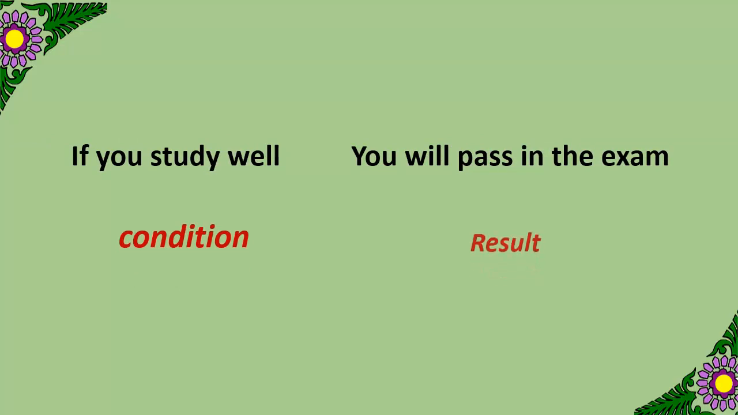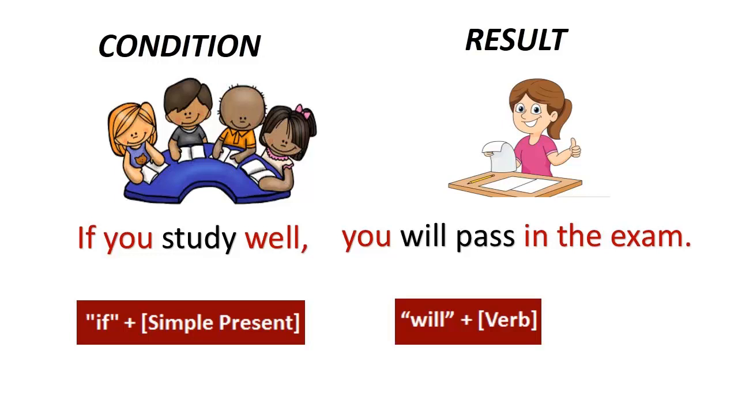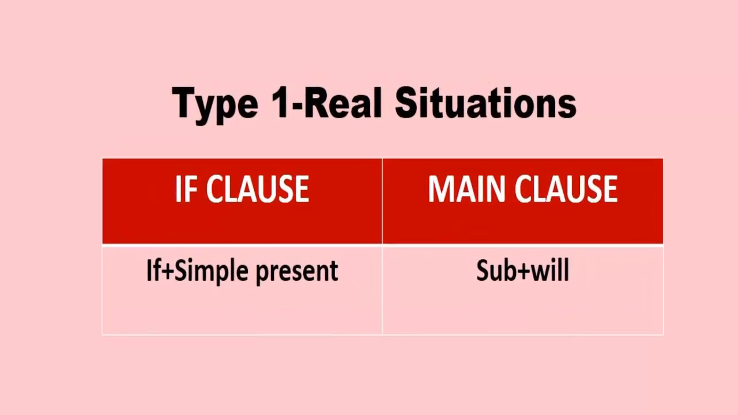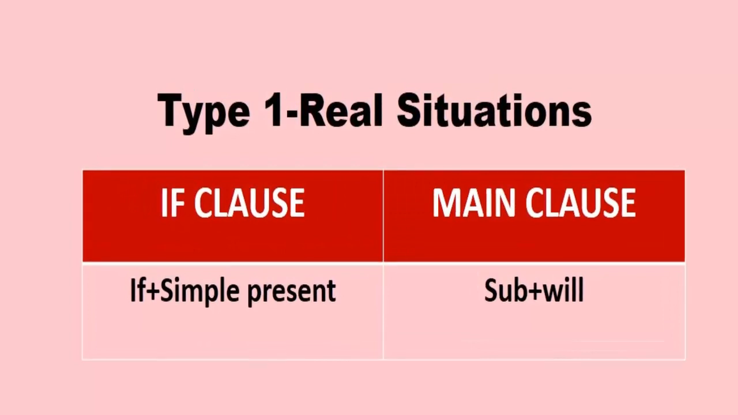If you study well, since the action takes place in the present, the structure of the first part of the sentence is if plus simple present. You will pass in the exam. Since this action is going to take place in the future, the structure of the second part of the sentence is subject plus will. Therefore, the structure of the conditional sentence type 1 used for real situations is: